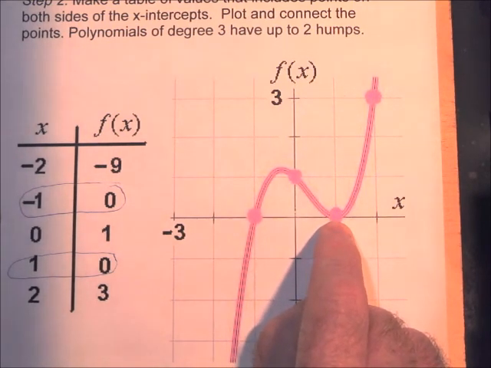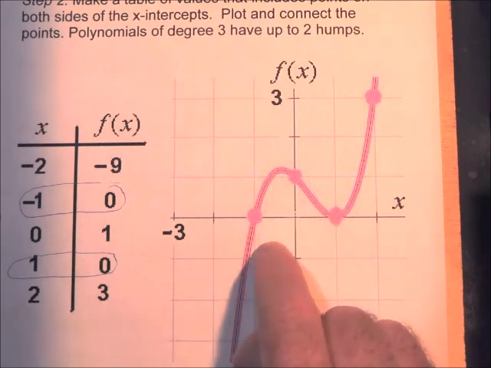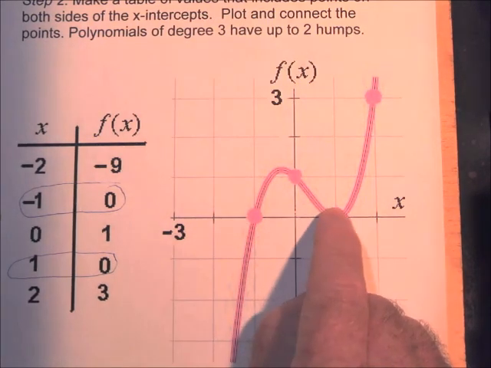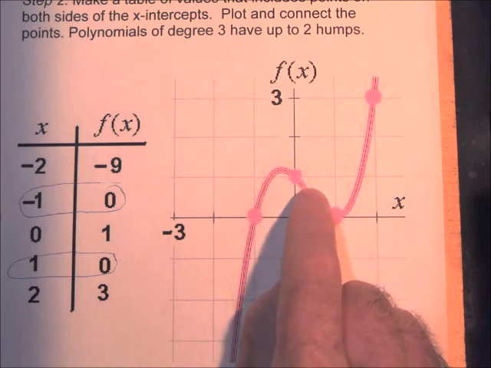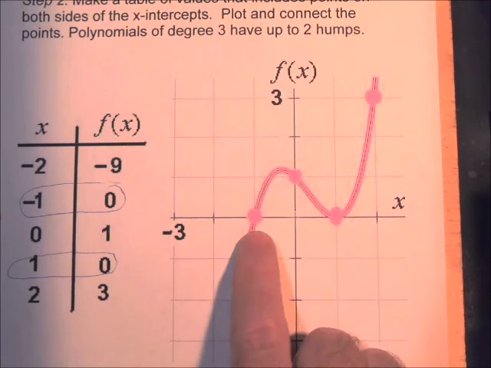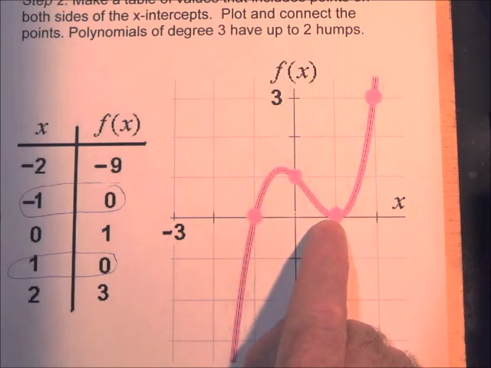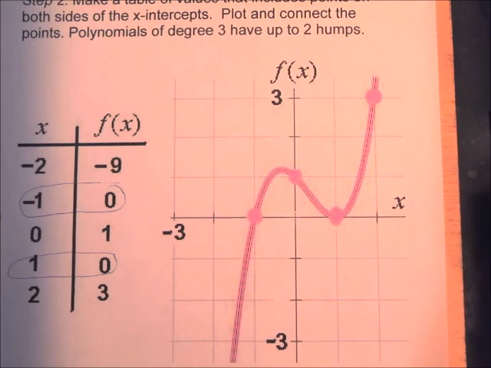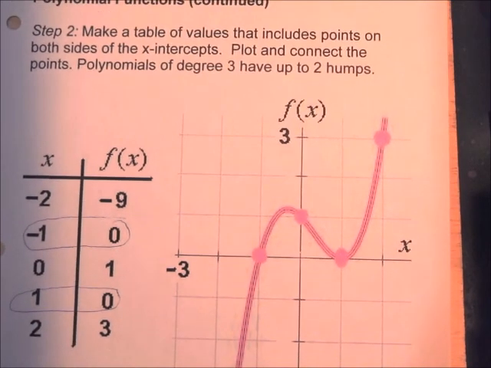And in general, polynomials of degree 3 will have up to 2 humps. Sometimes they'll flatten out a little bit, but they'll have up to 2 humps. And they also have up to 3 x-intercepts. In this case, we only have 2 x-intercepts. Okay, so that's the graph of that function. Another example,